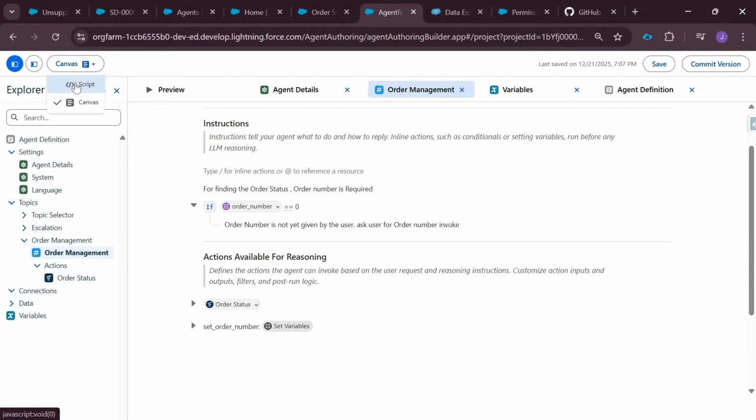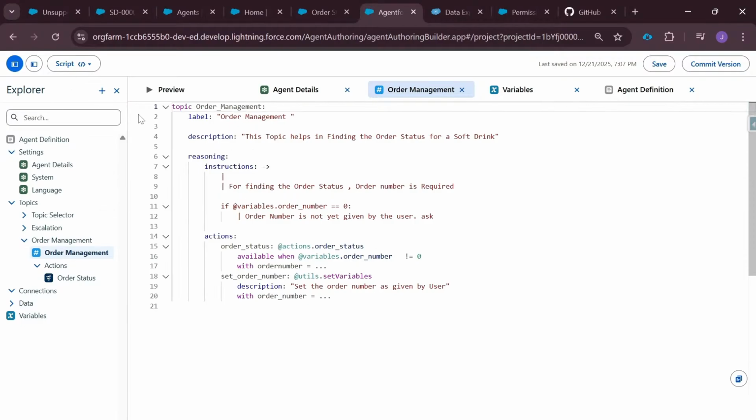So let's do that in script. And that is where I don't want you to just learn how to write it from the canvas. You should also know the syntax for writing it from the script. So I'm now saying that order number is not yet given by the user. Ask user to give the order number,